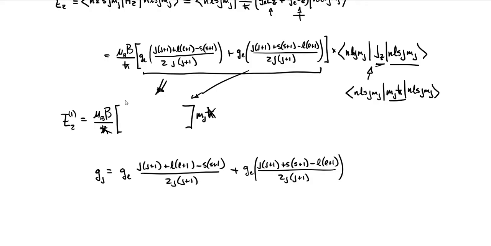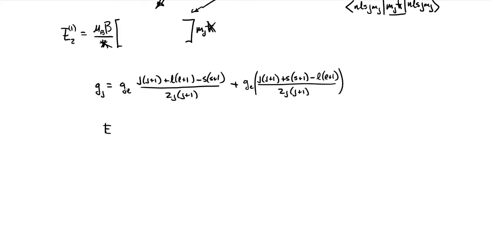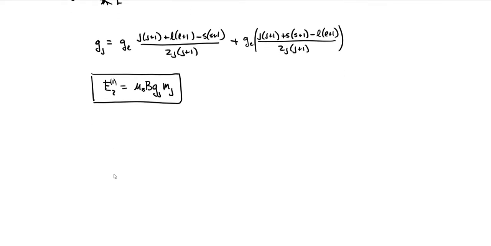And we call this the Landé G factor, and that means we can write our Zeeman energy corrections in this low field limit as just mu B times that Landé G factor times the quantum number, that sort of Z projection of our total angular momentum quantum number. That's a really nice simple result. You turn up the magnetic field, you're going to see these linear shifts in those energies, and those degenerate levels are going to split in that way.